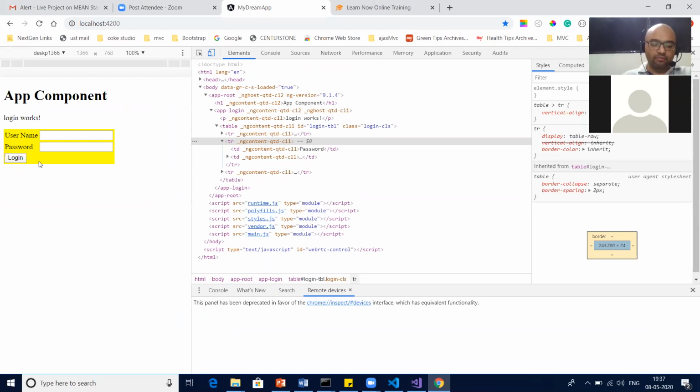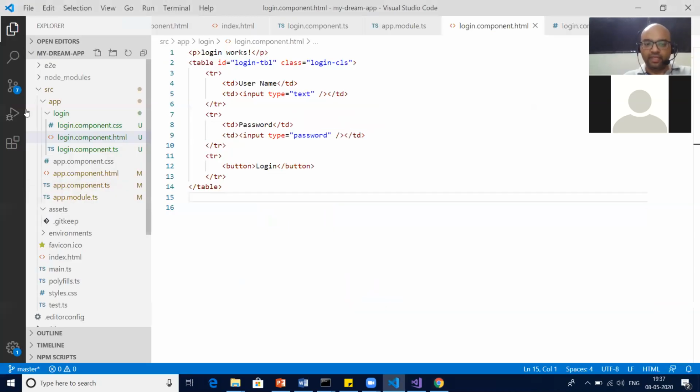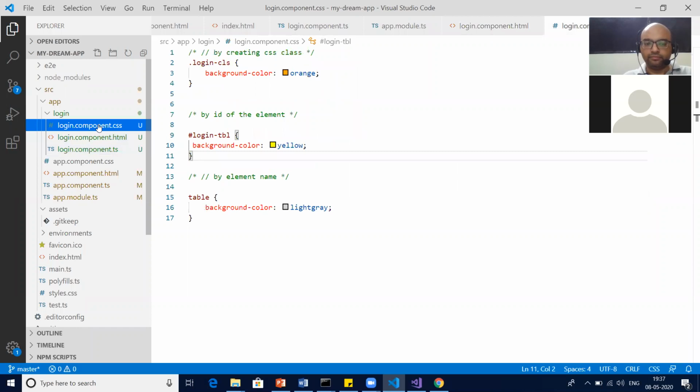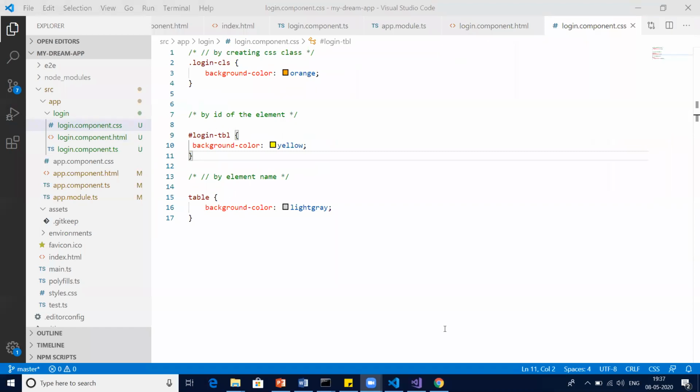Can you guys tell me why? Any specific reason why? Yes, the reason is overridden. One style overrode the second one. But I'm asking why or how? Why is it overridden?